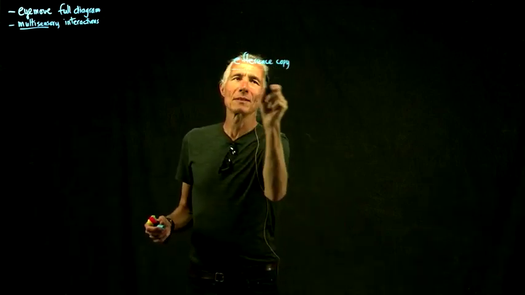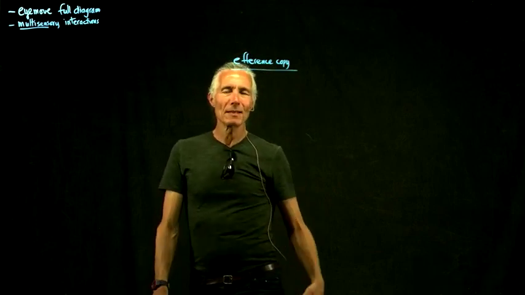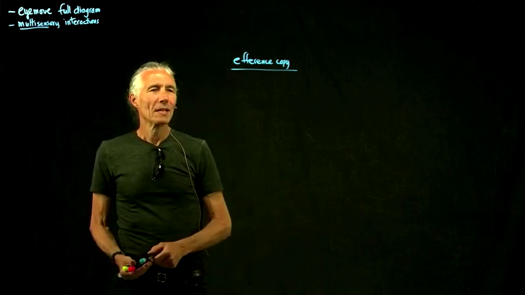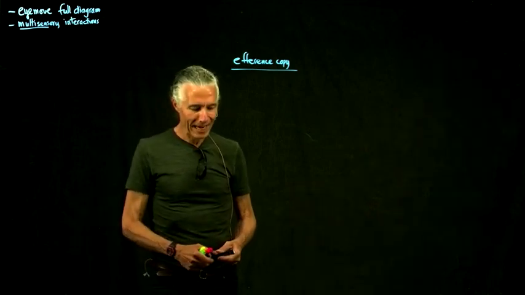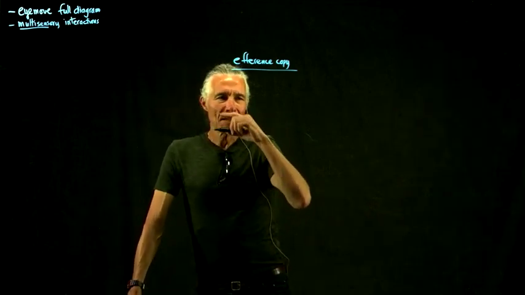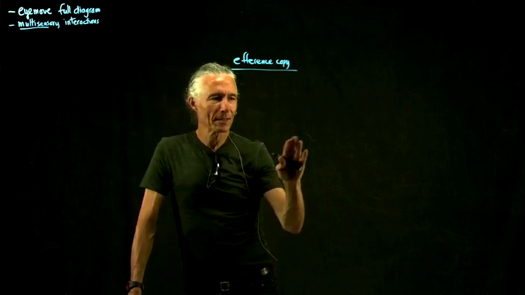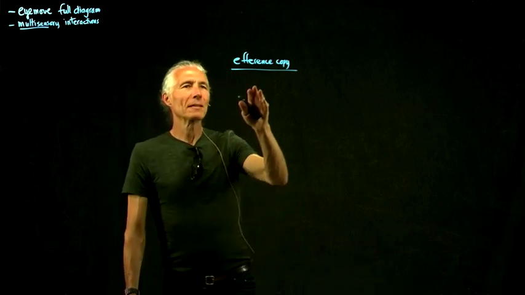Efference copy. So what does efference mean? Some information that's leaving the nervous system and doing something. And copy presumably is like copying what you're planning to do. And so this updating thing that we were talking about with the double step saccade is a prime example of this